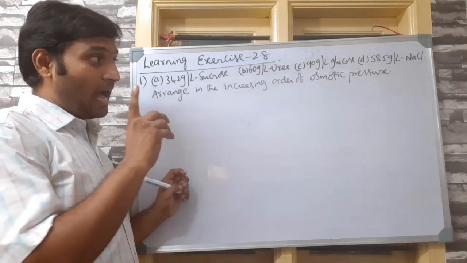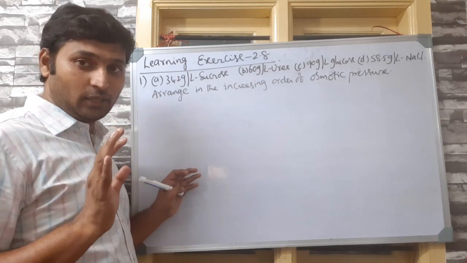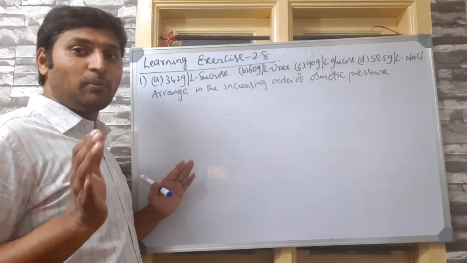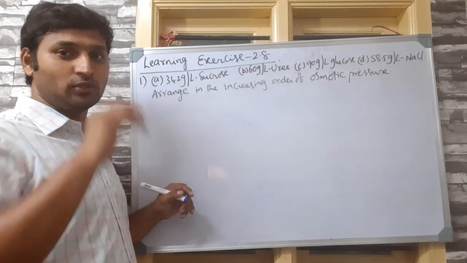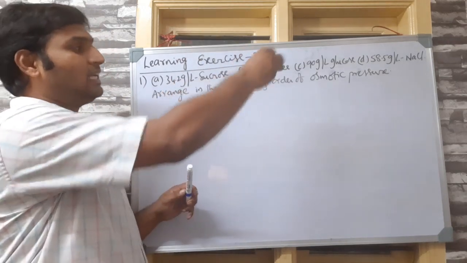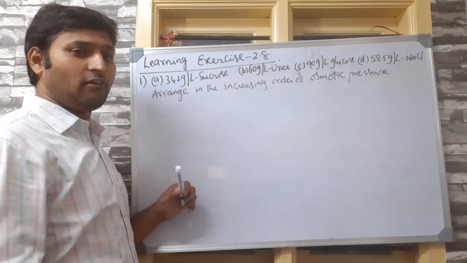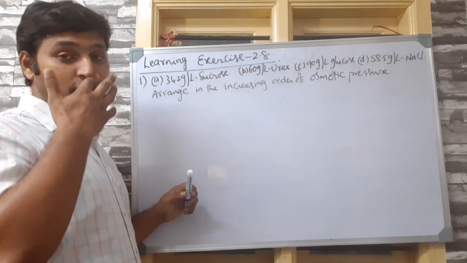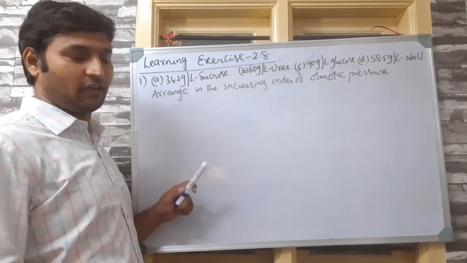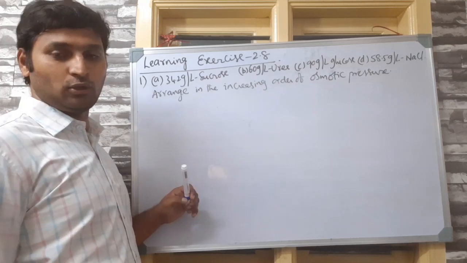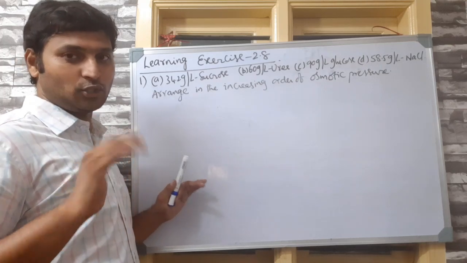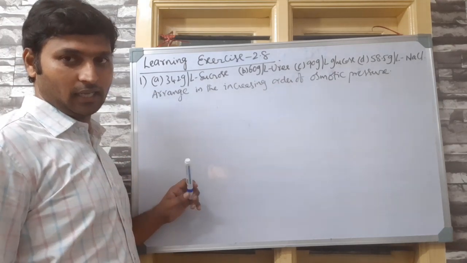Now, as long as he is asking a qualitative question, we don't worry about the degree of dissociation. Please understand. We assume 100% degree of dissociation. So we will think that each particle can give 2 particles. So if I have 1 mole, I would get 2 moles of particles. If I had 5 moles, I would get 10 moles of particles. That's what I assume and proceed. I do calculation accordingly, comparison accordingly.